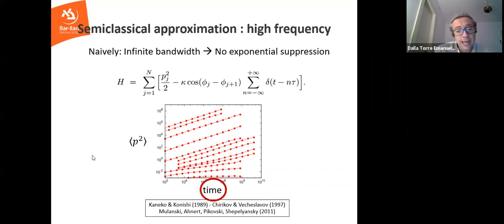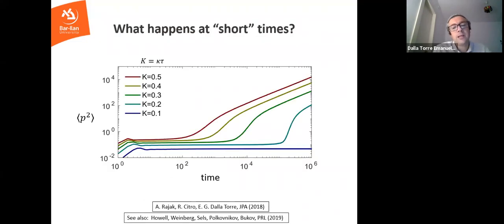But now, actually, there is something interesting. Look at the time here: it actually starts at 10 to the 5. They're showing you some plots, but the time scale here starts at 10 to the 5. So what we asked ourselves was, what actually happens before that time? What happens at shorter times? We repeated those calculations, and this is shown here for shorter times. Now you see that it is true that at long times you have a diffusive regime, but at short times there is a prethermal regime. A prethermal regime is a regime in which the energy absorption is low, so the energy is basically constant.